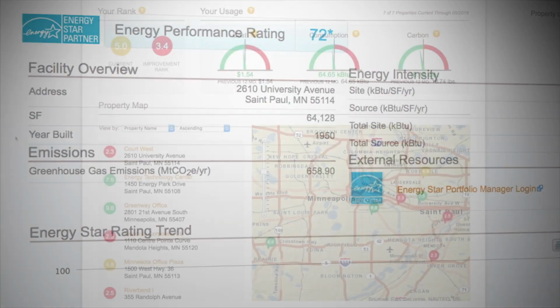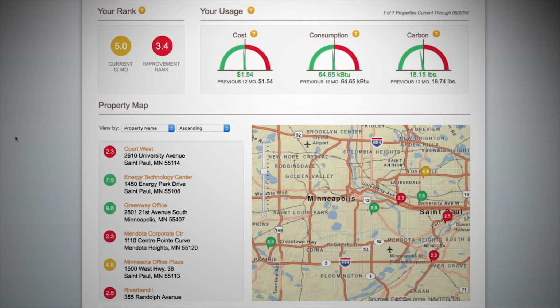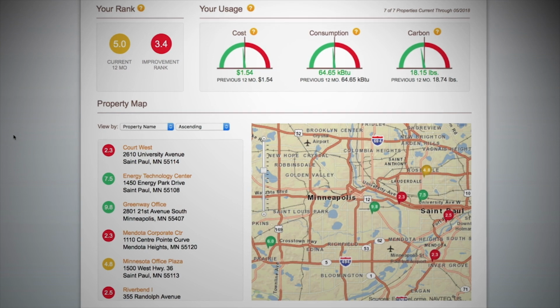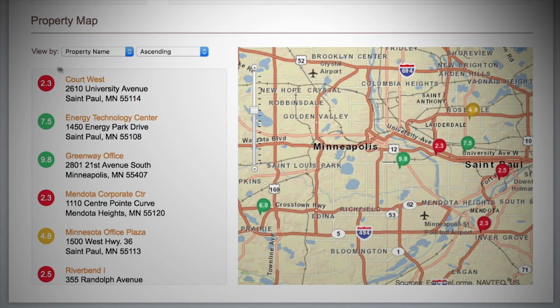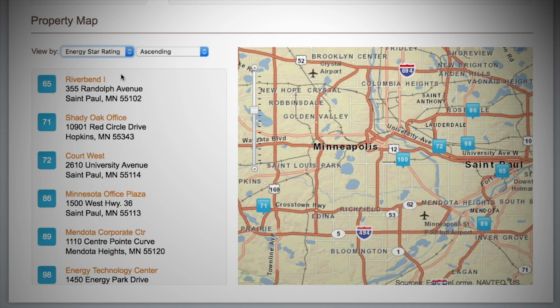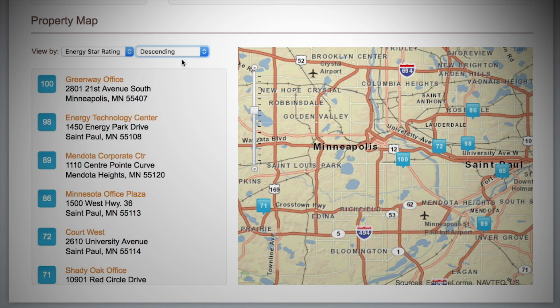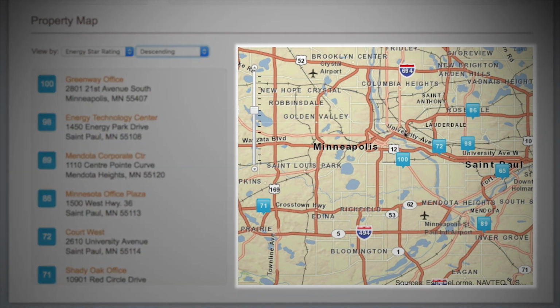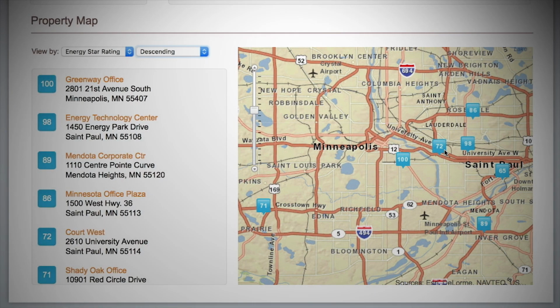To see the ENERGY STAR rating for all your buildings, use the Dashboard tab. Scroll to the property map, click the View By drop-down menu, and select ENERGY STAR. You can then sort your properties to see your best ENERGY STAR ratings. Note that ENERGY STAR does not have ratings for all building types, so you may not get a rating for every property. From the property map, you can click on any score to get a quick summary of that property,